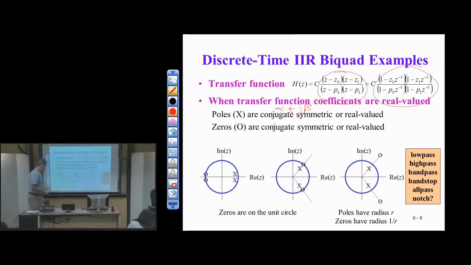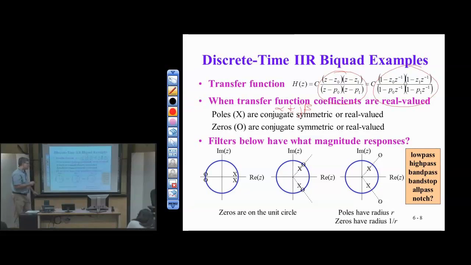Zeros are going to have the same structure. They'll be conjugate symmetric or real valued. So now I'm giving you a couple of examples, and the first filter follows what we had in the previous slide. I've got poles separated at an angle. So here's my angle, right? I have poles separated at an angle from the zeros, and this angle is my discrete time frequency